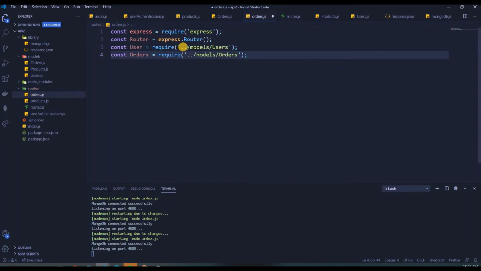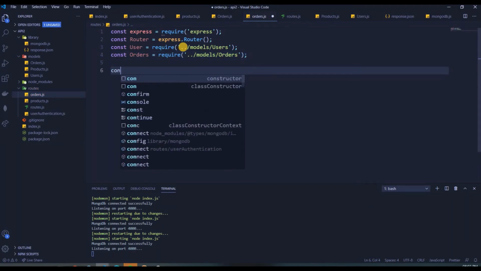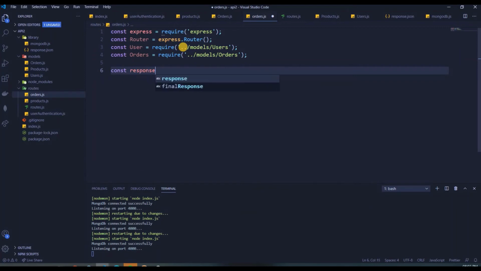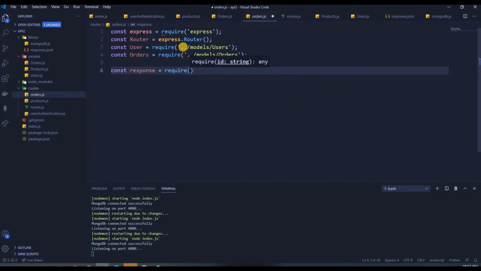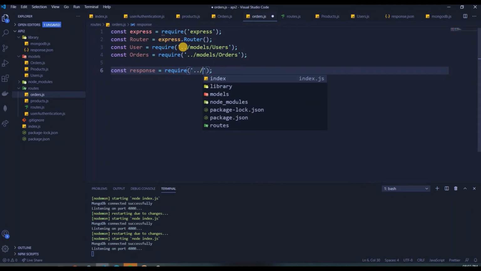And we have our response also. So let's go ahead and import that, library slash